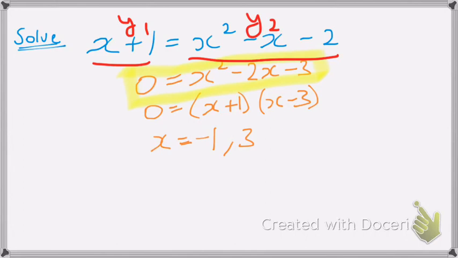And I'll show you what to do when you're undoubtedly wrong 50% of the time. So the area, and you'll see what I mean by wrong in a second, is the integral from minus 1 to 3 of x squared minus 2x minus 3 dx,